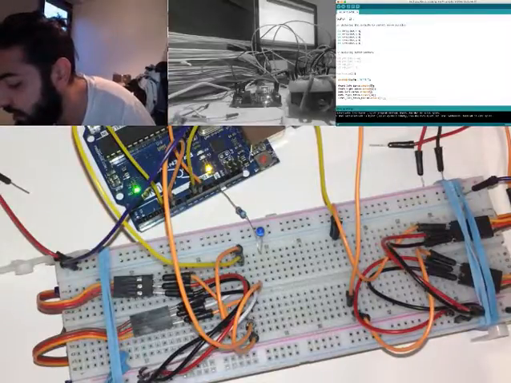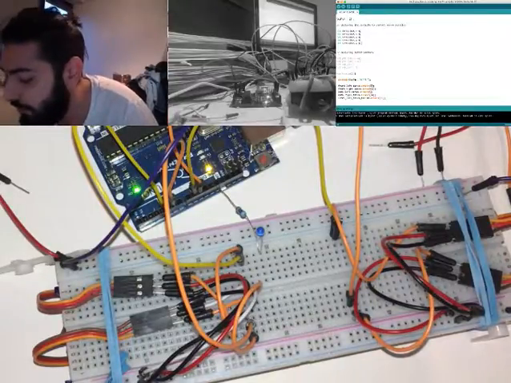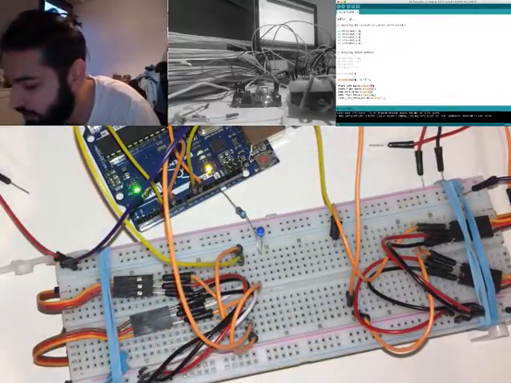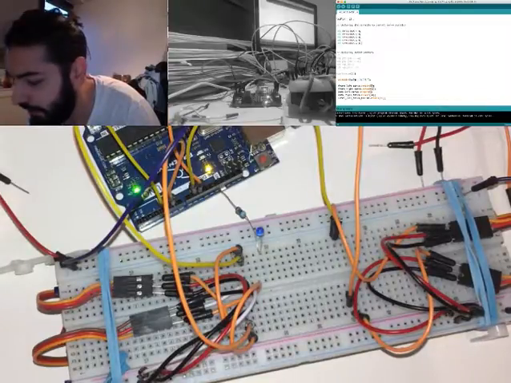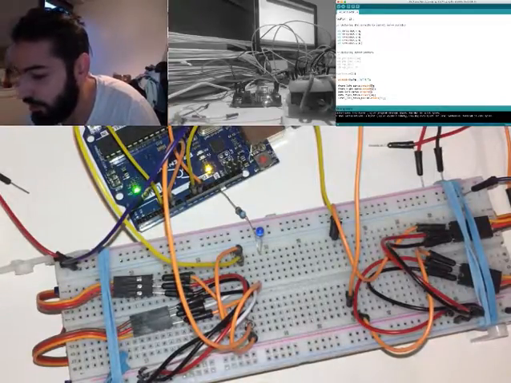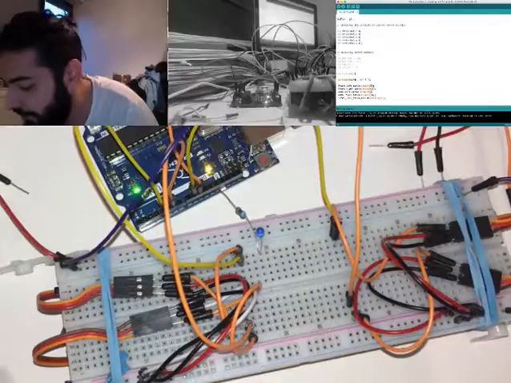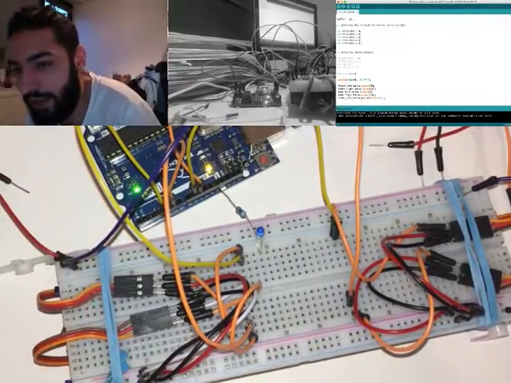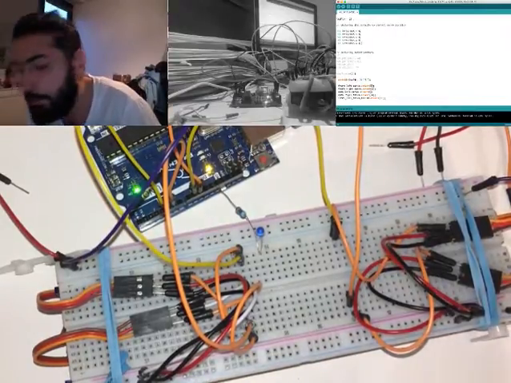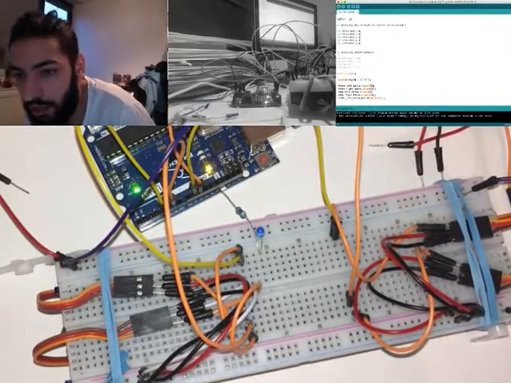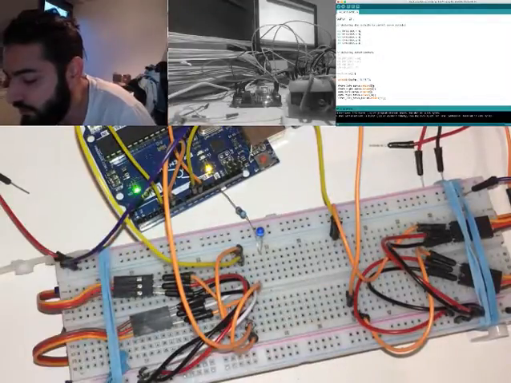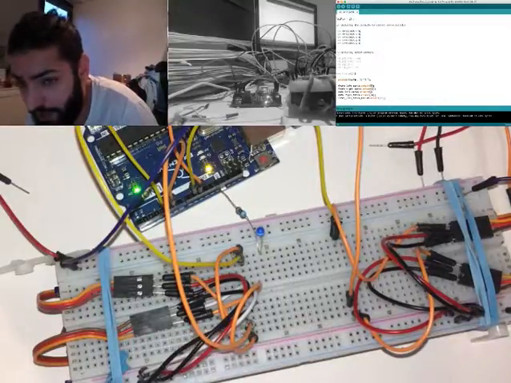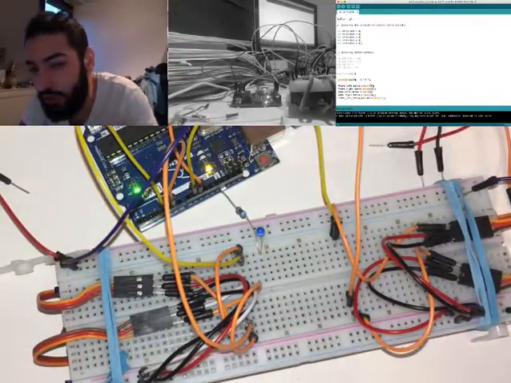And for example, if you have an analog pin, anything like a joystick or like a thermometer or something, we'll connect it to an analog pin. Therefore, it's going to be inputting data into our Arduino. So for now, we're using it as an output. But I just wanted to show you the difference between